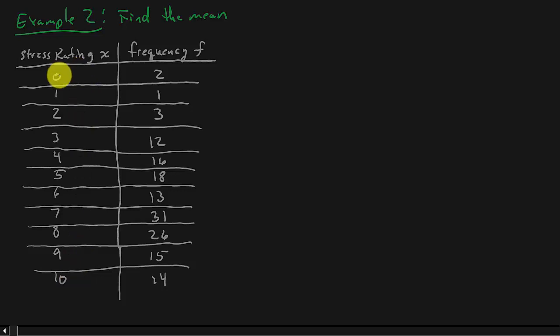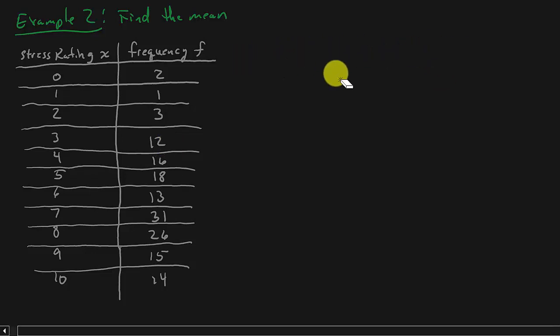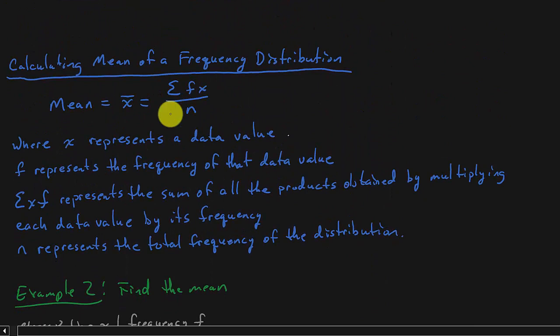These are our x values, and this is the frequency of them. So there are 2 zeros, plus 1, 1, and then 3 2s, so plus 2, plus 2, plus 2, and so on. Then we would have 12 3s, and we could add all those up and divide by however many there are. But what this formula is telling us is we can figure out f times x